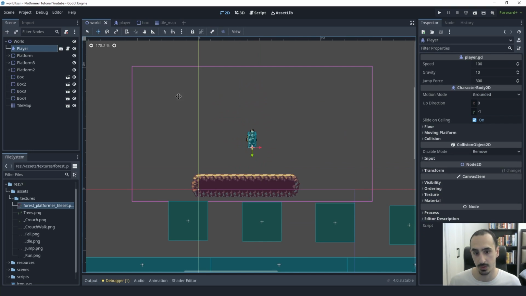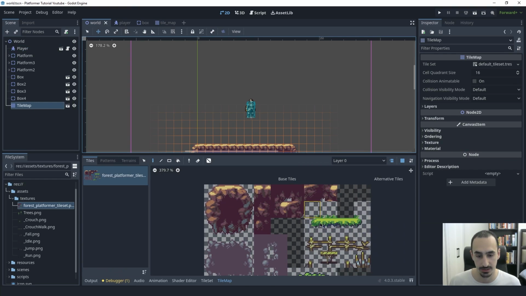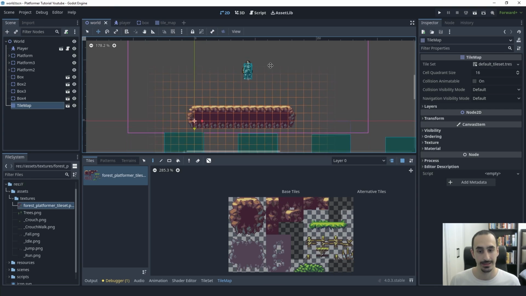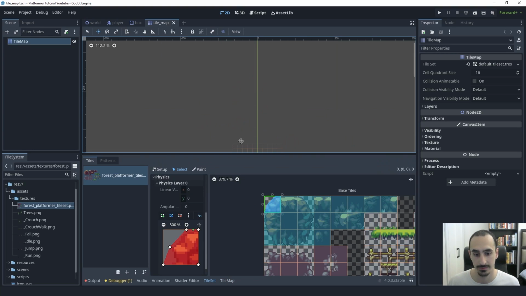And we could go ahead and use this, go into the tile map and pick a tile from here and start using it. But like I said, it's going to be a pain drawing these by hand one by one. So we're gonna set up auto tiling. Okay, so let's go back into the tile map scene. To set up auto tiling, we're gonna click on the tile map, go into the tile set from the inspector,